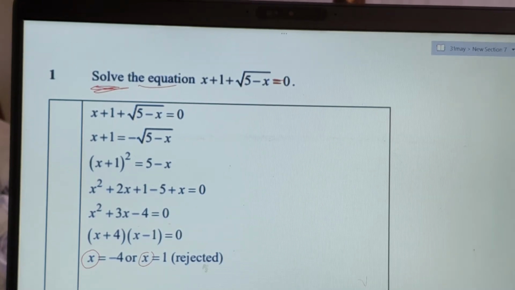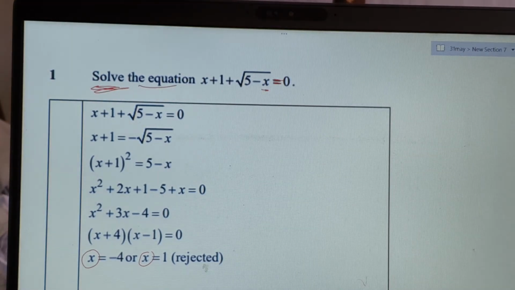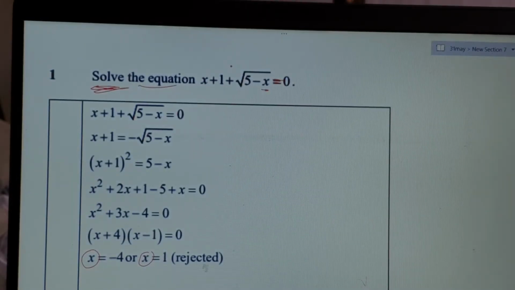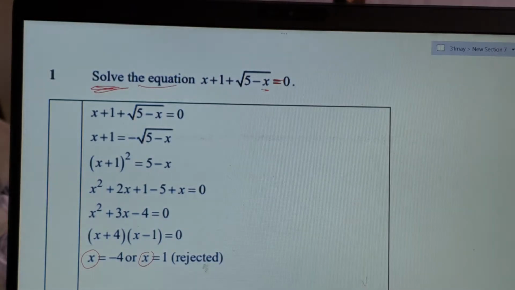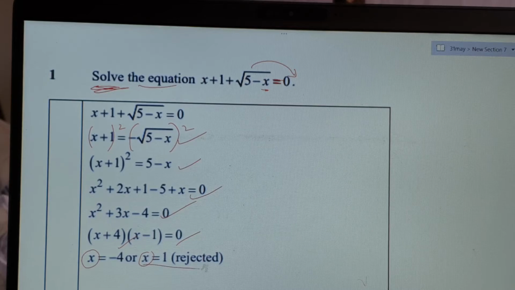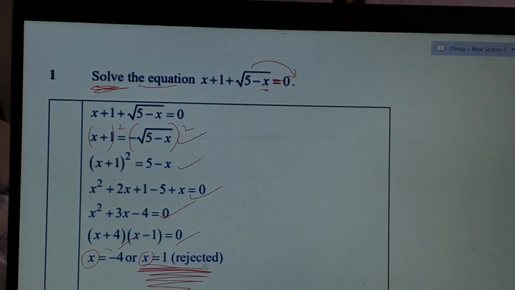But can you see that this x is trapped inside this square root sign? So in order to remove the square root, the opposite of square root is square, right? So what we can do is this, then you square both sides. You square this, you square this, minus times minus will be gone, or become plus. This one will be gone. Then you will have your normal sec 2 work. And I told you just now, right, whenever you have two answers, you must sub back into